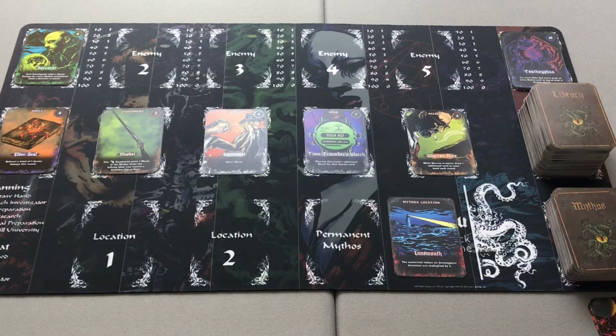Once that happens, and the investigators have taken their combat turn, then we do a cleanup phase where we simply discard all of the cards that were played with the exception of Gear and Allies. Gear and Allies will stay in play. All the other cards will be discarded, and then we re-enter the planning phase where we draw our hands back up, the investigators go through preparation, research, and final preparation, and then through combat, and the game will continue in